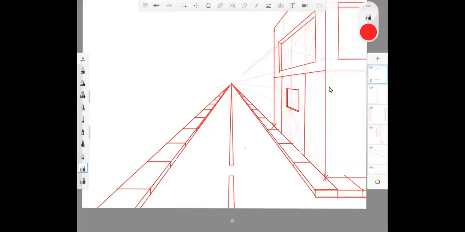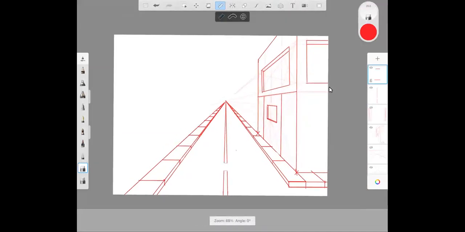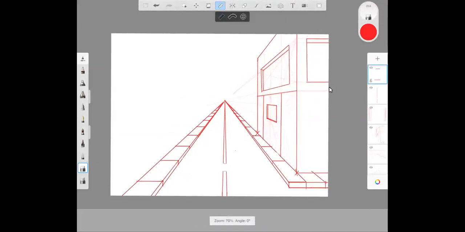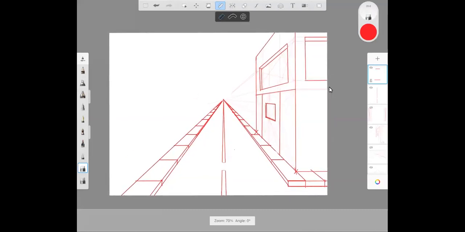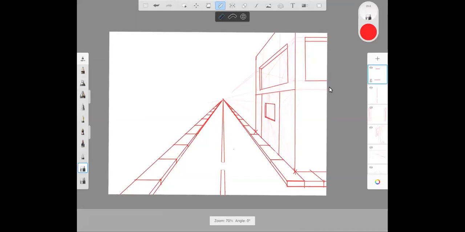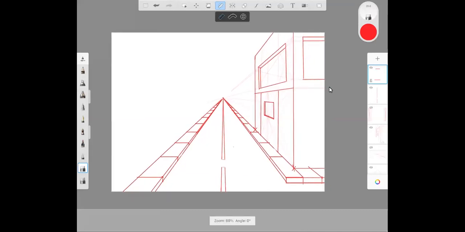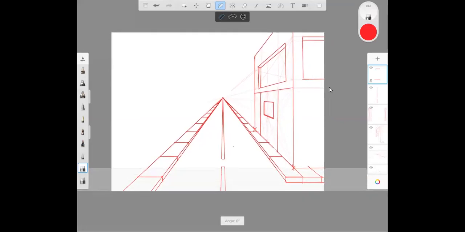I'm going to go back to my layer with the horizontal lines that I just made. Okay, and I'm going to turn on my guide. Shrink this down so you can see it better. And I'm going to make sure that it's horizontal on the page. And then I'm going to take my guide, go up, and change the angle to about